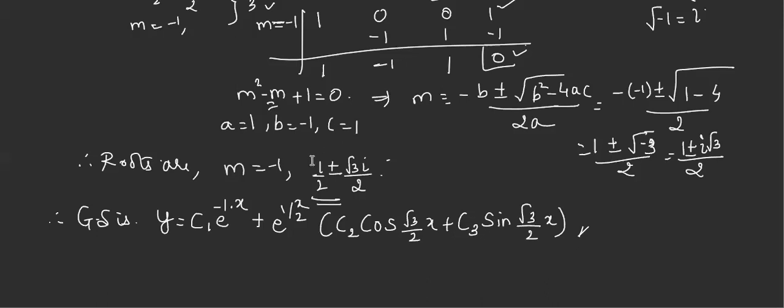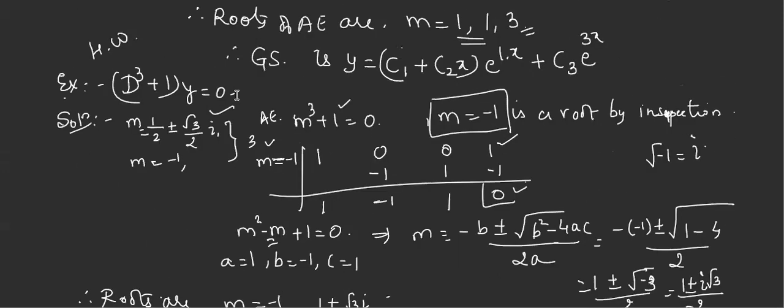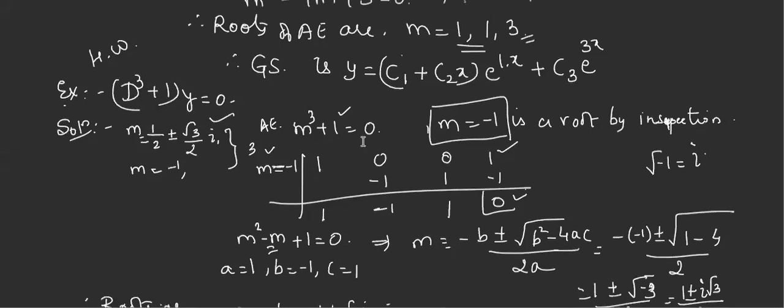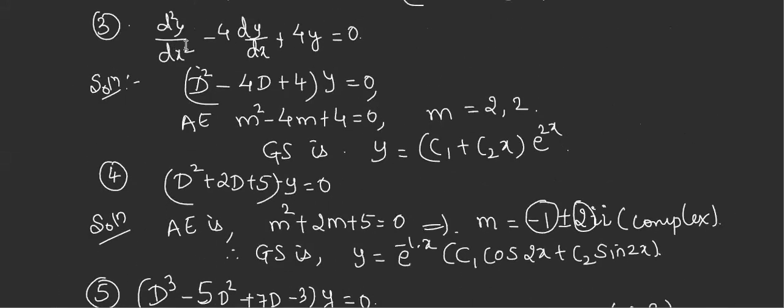One thing you can observe. See, this example is cubic. How many constants are you getting? Count the number of arbitrary constants here. 3. What are they? C1, C2, C3. Am I right? What is the order of the differential equation? 3, because this is third order, d cube. So the number of arbitrary constants depends on the order of the differential equation. You can just look back here.